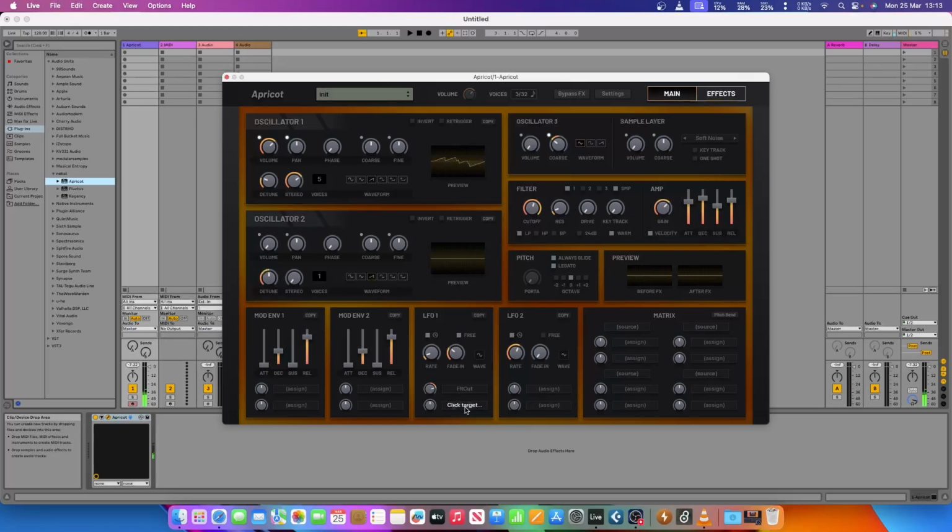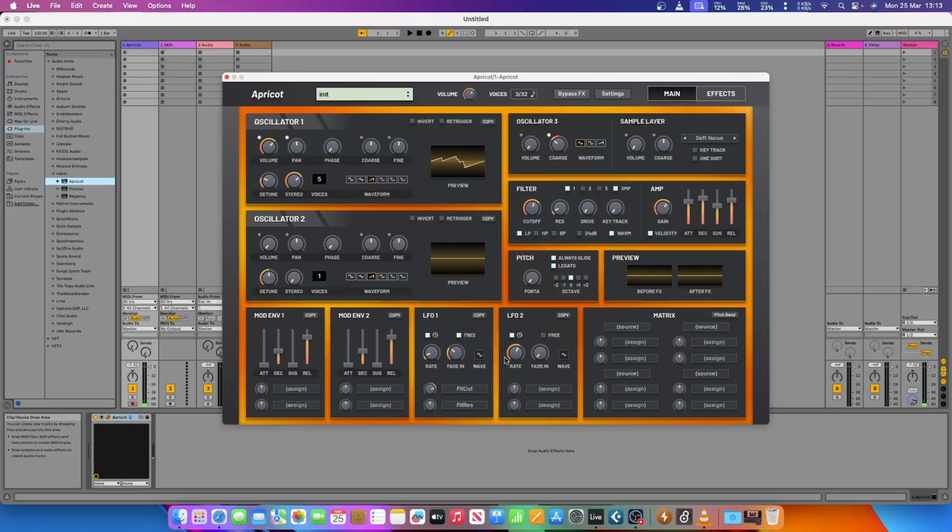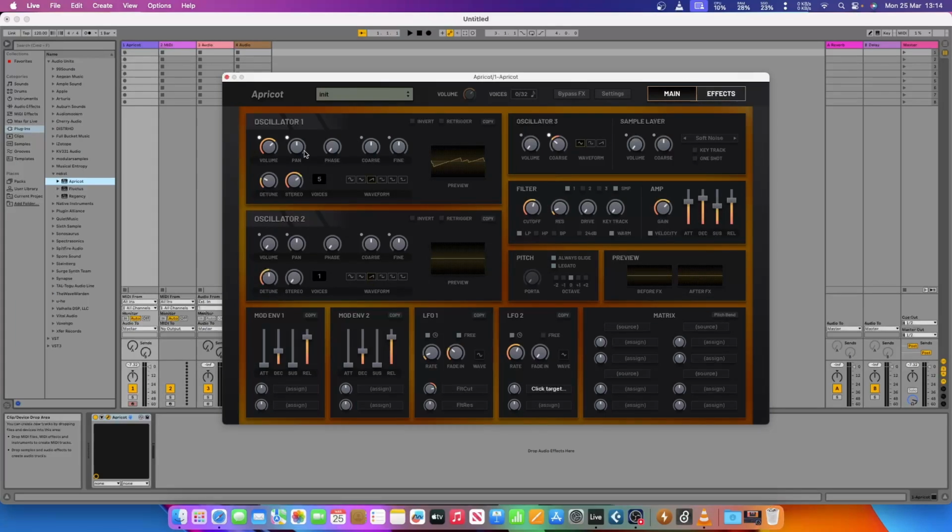So yeah, we can tap on target, tap on resonance, and then up the speed a bit. That will also make that move in and out and change the sound. So hopefully you can see what the LFO is doing here and what you can achieve with it. So that's grand. Okay, so there's another LFO over here, so we can click on target and we can do